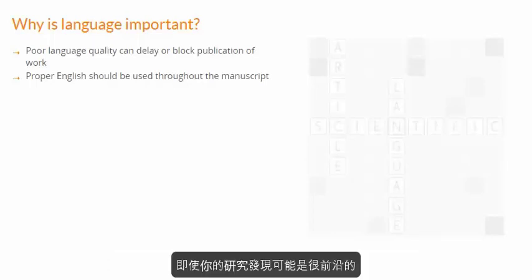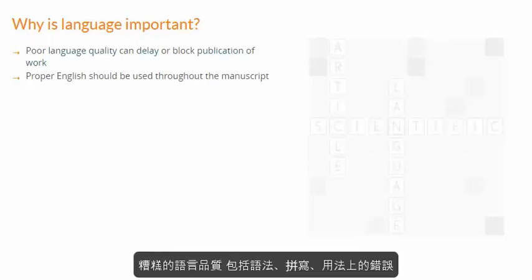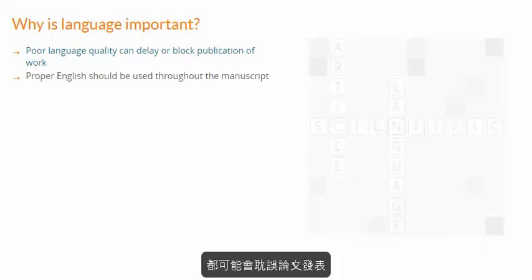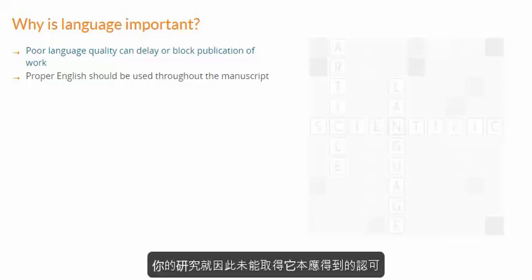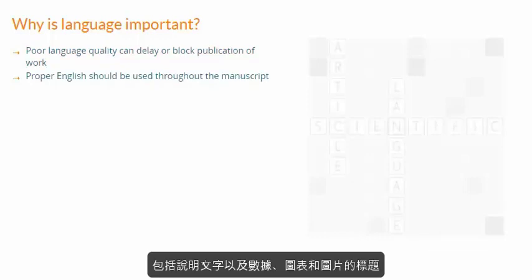Even though the findings you report might be cutting edge, poor language quality, including errors in grammar, spelling, or language usage, could delay publication or could lead to outright rejection of the paper, preventing the research from getting the recognition it deserves. Proper English should be used throughout the entire manuscript, including the captions and headings in figures, charts, graphs,